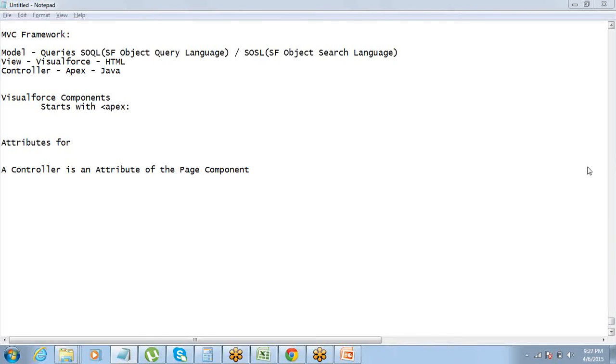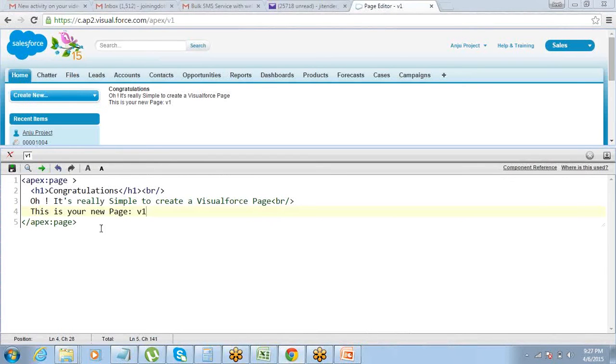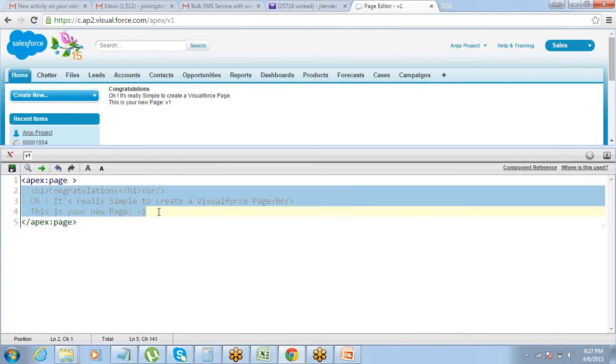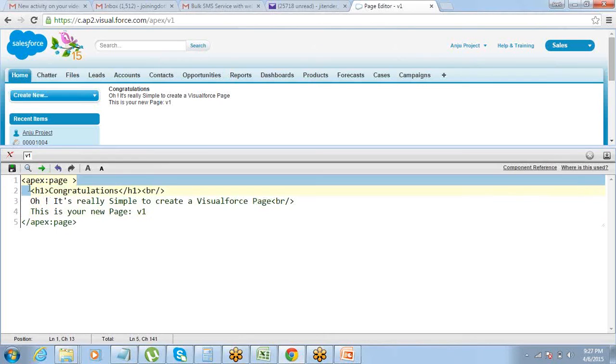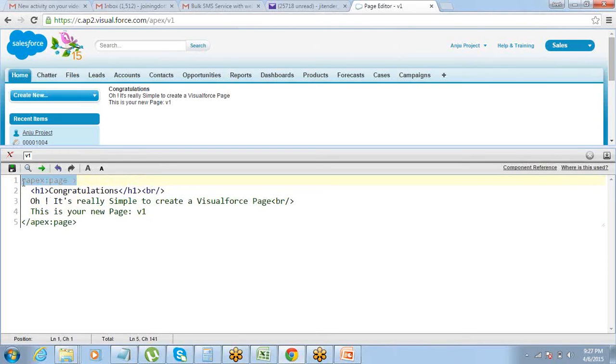Do we have to write that code every time, like if you want to create a button or label or something like that? Which code? We have to have that Apex page here. This has to be there. This is mandatory. Everything else you can remove, but Apex page has to be there. Whatever you write should be within this boundary.